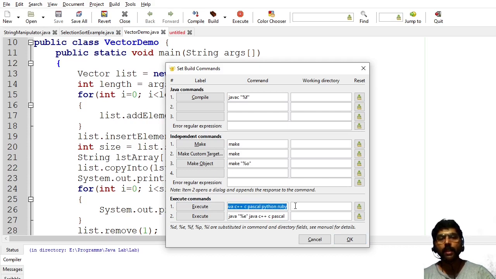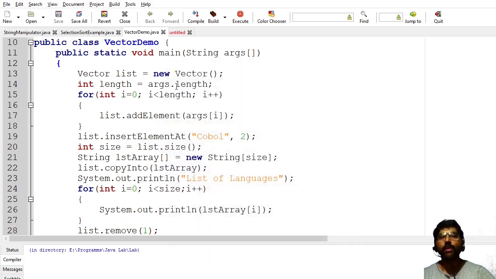Then these are the command line arguments. Now remember, don't change anything. You don't touch this Java and %e. You just change in front of that one. Otherwise, it may not run your program in the future. So just change only the command line arguments. Press OK.